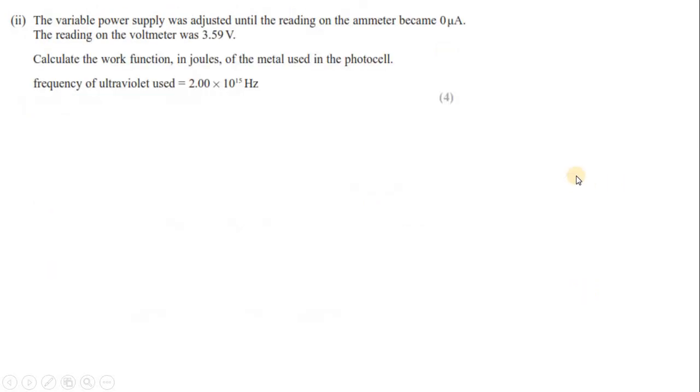The variable power supply was adjusted until the reading on the ammeter becomes 0. The reading on the voltmeter was 3.59 volt. Calculate the work function in joules of the metal used in the photocell. Okay, the frequency of the ultraviolet is 2 × 10^15 hertz. So you know that